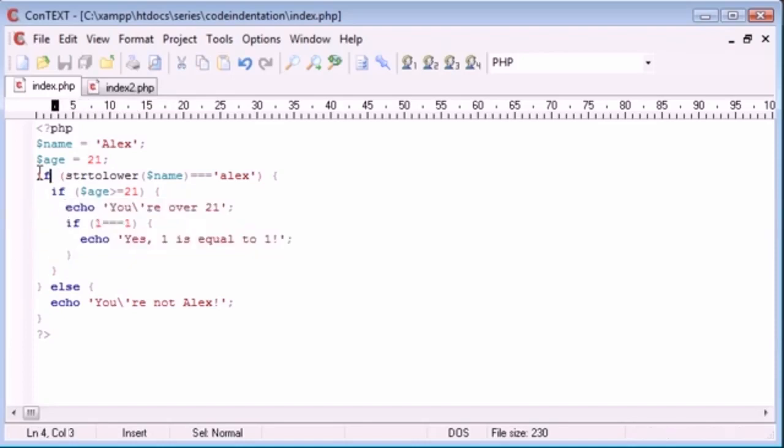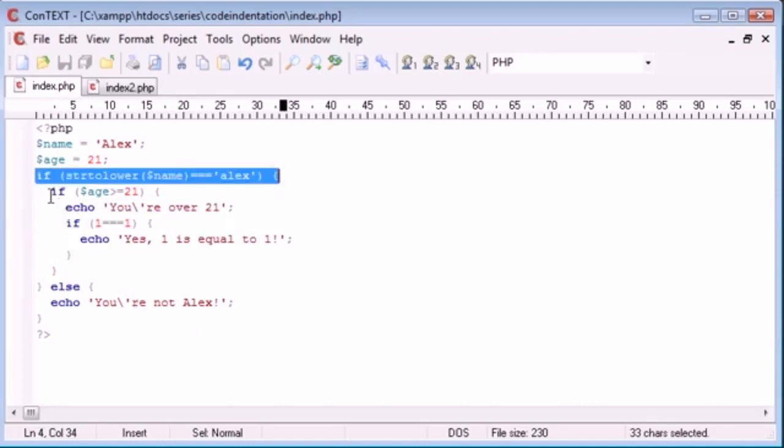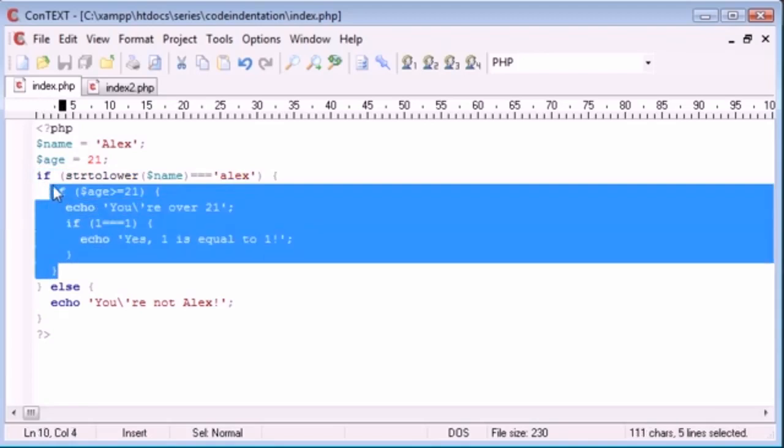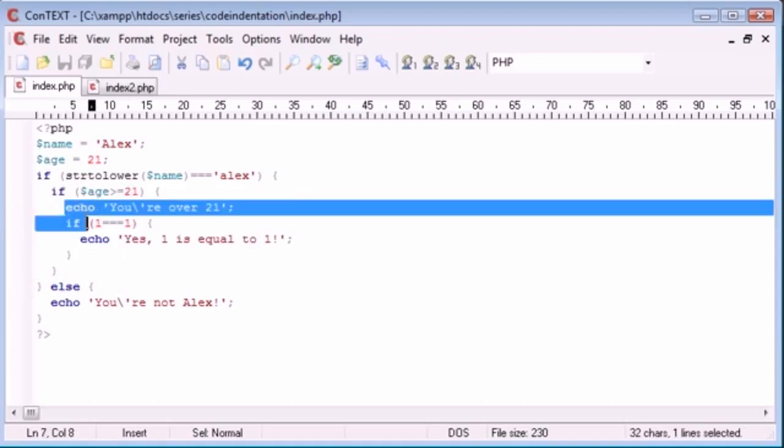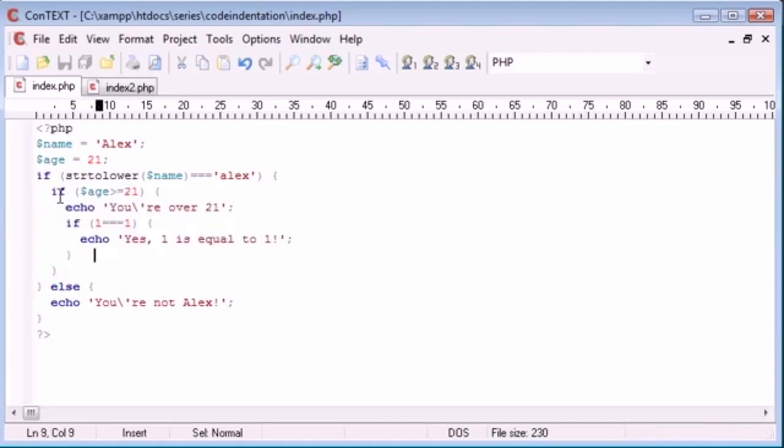Okay, so everything by default starts without being indented. We've made the first if statement, so the block I can already tell is just from the start of this if here down to here. So this is the start of the block and this is the end of the block here, and this is the start of the top block and this is the end, and then we say else. So inside of this block here where we're saying is age greater than or equal to 21, this is inside, and we can automatically tell that because we've got straight down here, straight down here, and straight down here, and then we've indented just the echo inside of here. So you can